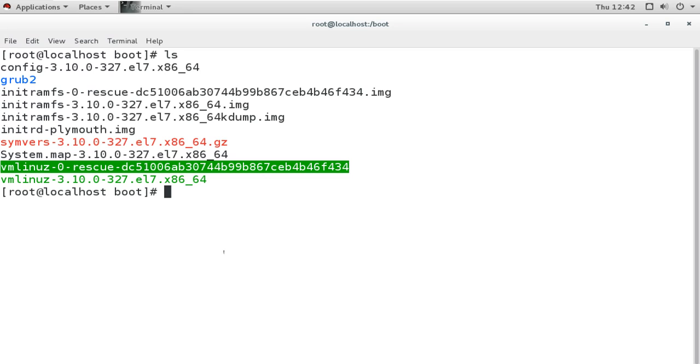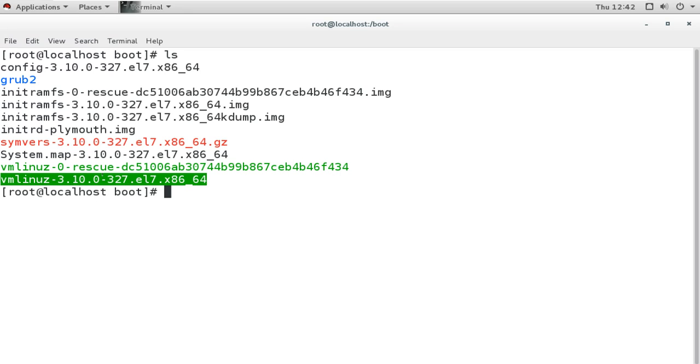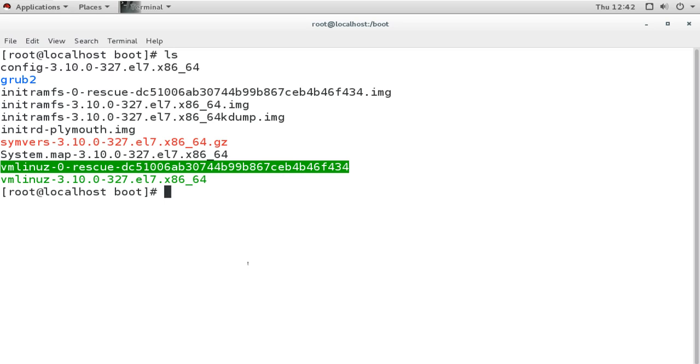If your system is not running, if this kernel has a problem, or somebody has deleted the file from here, then it will not find the file and your system will not start. Remember, you can delete the kernel file from here, because once it is loaded, it is not used anymore. So now it is not running, we can delete this file. If it is not present, corrupt, or deleted, then you can start your system with the rescue kernel.